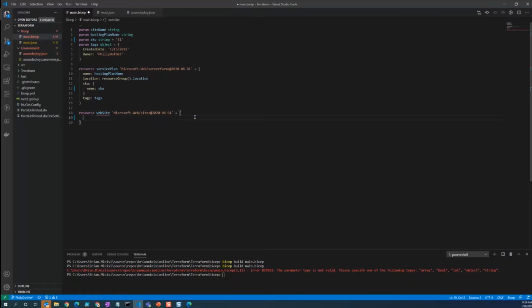We build out our definition of this resource right within the curly brackets. So we're going to use that parameter for the name of the app service. Location is going to be the same type of approach that we've used above. And we have some properties. So we've got to tell it what the app service plan is.